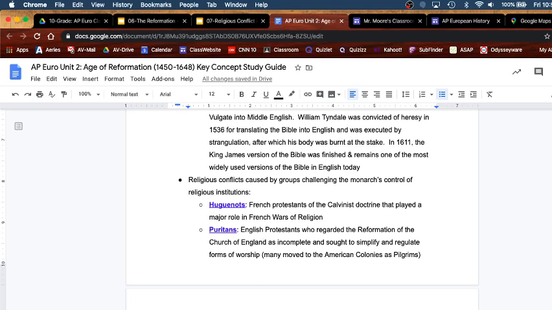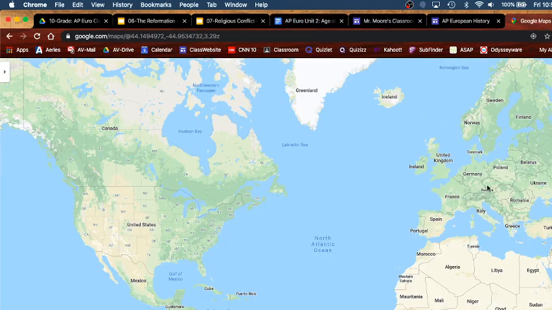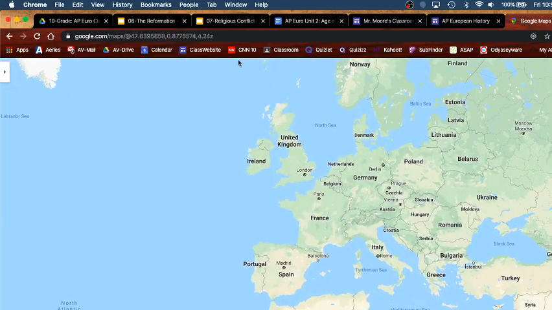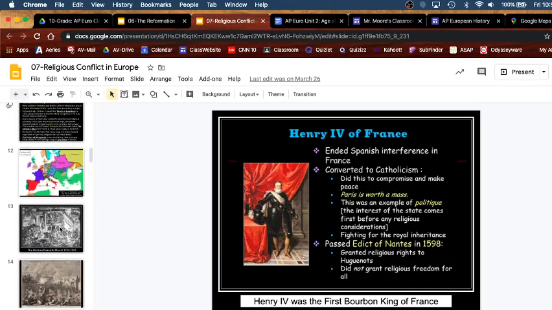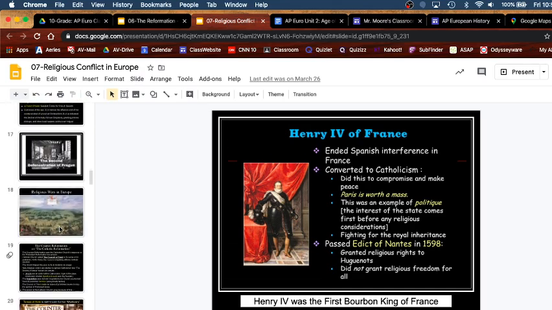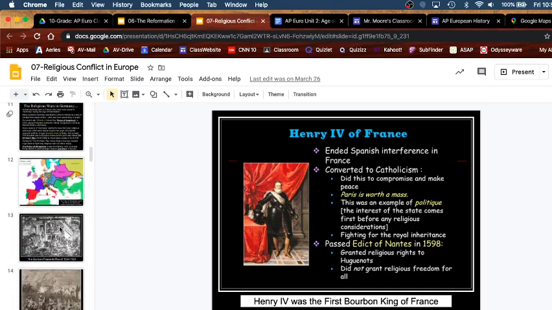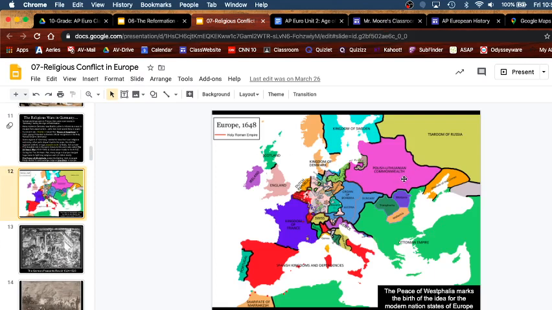Nobles in Poland, after the impact of the Protestant Reformation, the Catholic Church conducted a counter-Reformation in Poland to regain lost followers. So Poland is going to have some Protestantism, but the Catholic Church is going to try to reinvest, re-get people involved. And Poland is going to be a mess throughout this class. Poland is going to exist sometimes, and sometimes it's going to disappear off the map. From the very beginning of this class, there's going to be Poland, and then it's going to be partitioned, and then it's going to come back.